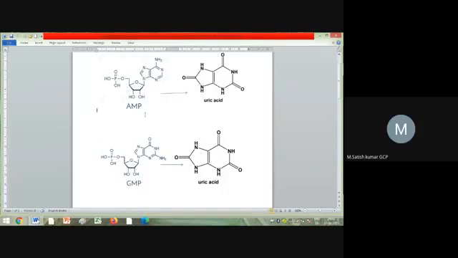Okay, so we have seen all the different types of reactions by which we can finally form uric acid, and that uric acid will be excreted. That means excess purine nucleotides in our body will be converted into uric acid, and finally it gets excreted. So this is about degradation of purine nucleotides.